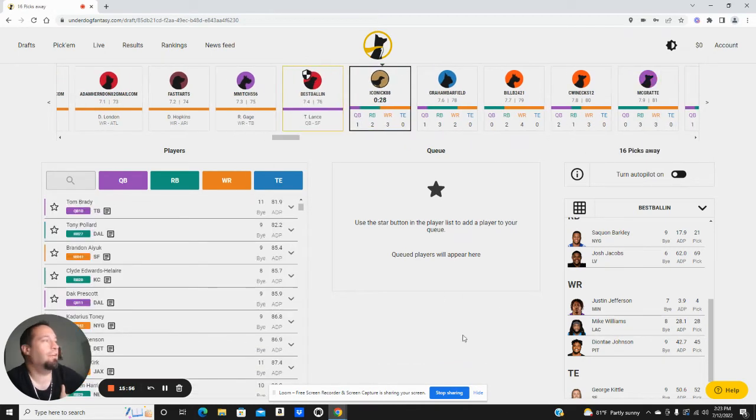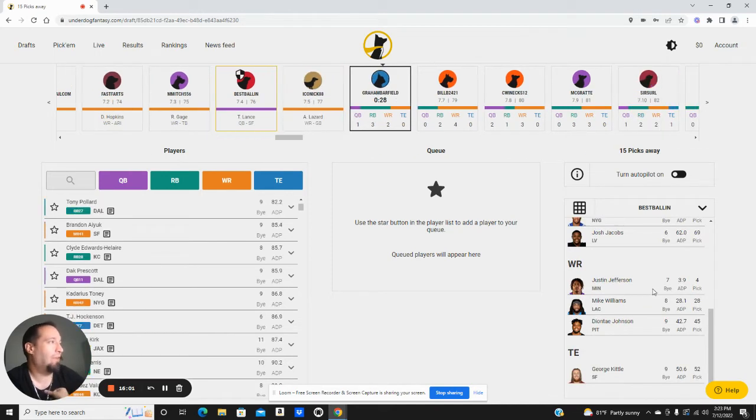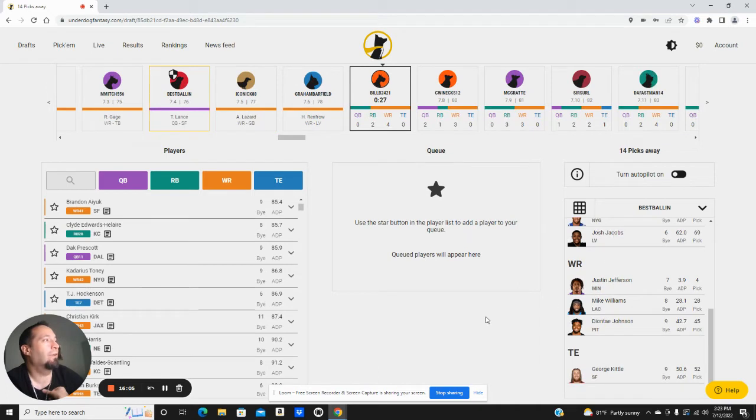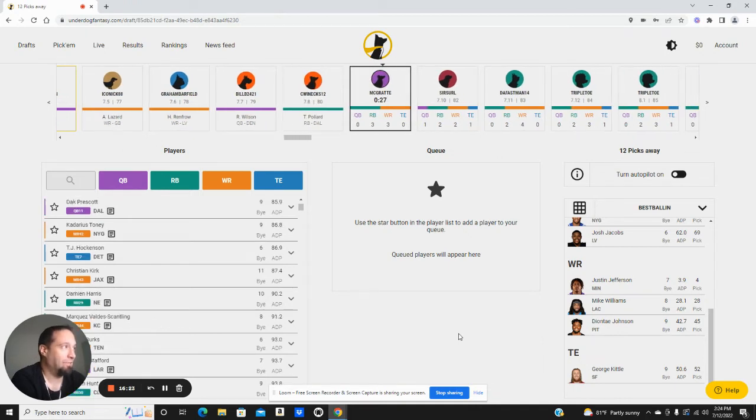So the reason why I took Josh Jacobs, and I didn't really want to say it, was because I was hoping that Trey Lance would make it back to us. Now we have a game stack set up for week 17 with Trey Lance and Kittle and Josh Jacobs on the other side of the game. And I really don't have hardly any of that particular version of that game stack because I have so little Josh Jacobs. Like I have a ton of Lance and Kittle with Adams, and basically almost every other construction except for Josh Jacobs constructions I have for that week 17 game stack.